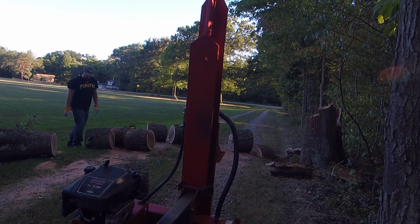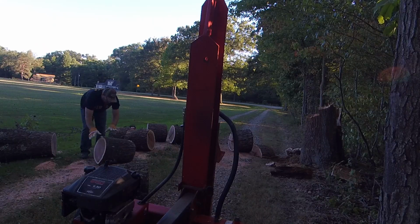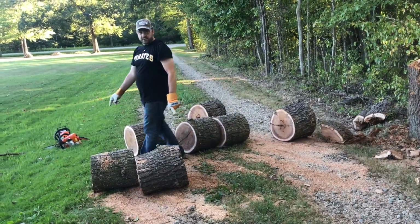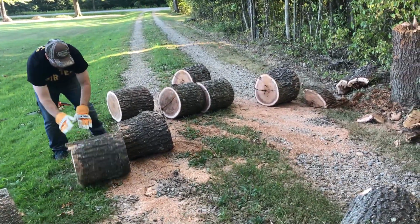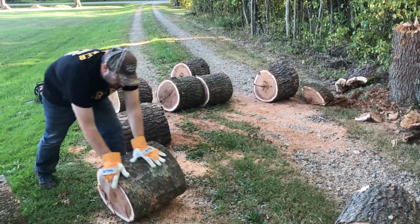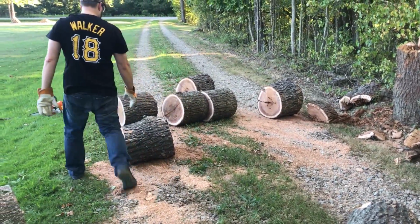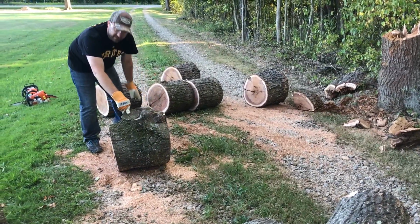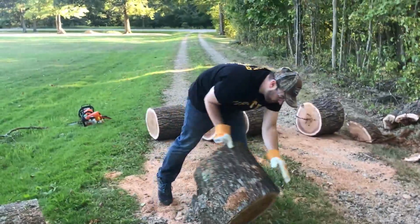Which one has the nail in it? This one. That one's going to be a bugger. Why? I can roll them while you're working on splitting. Oh. Oh, and remember when...